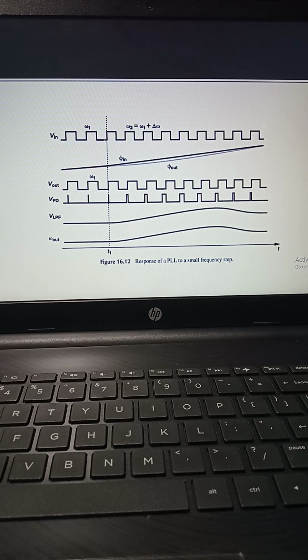entails a permanent change in both the control voltage and the phase error. If the